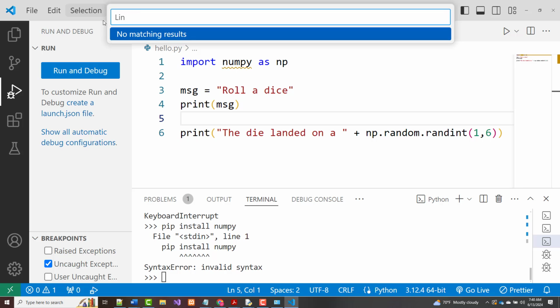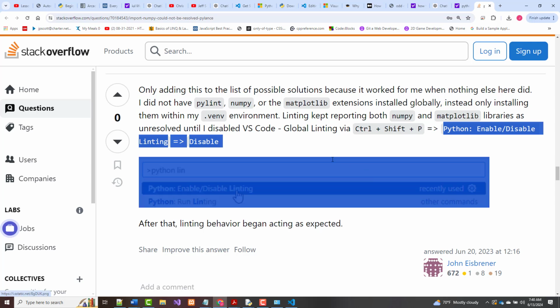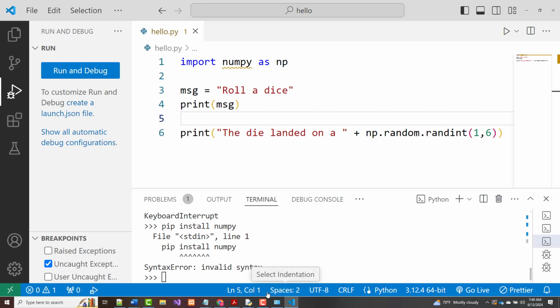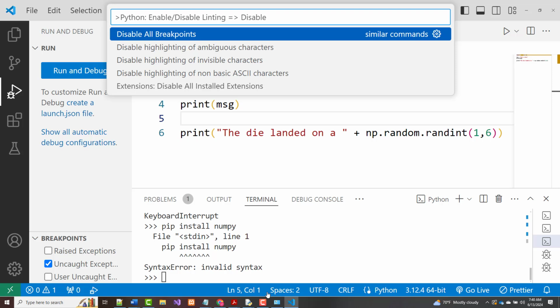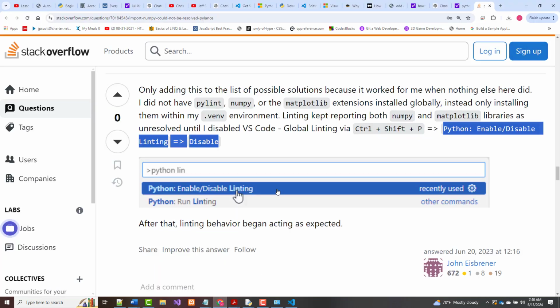Not finding it there either. Control-Shift-P, Python. See, it's not showing it there as it is down here. But I'm going to try this again anyway. That did nothing. All right, so rather than waste your time,